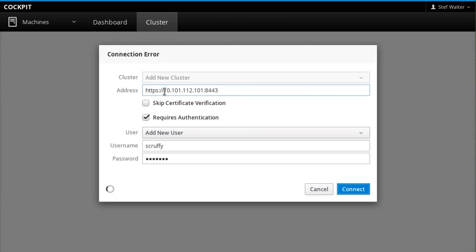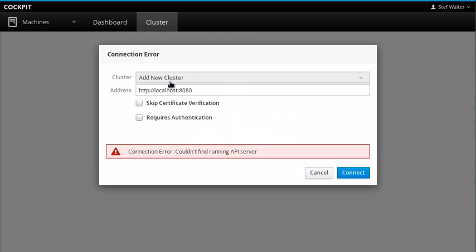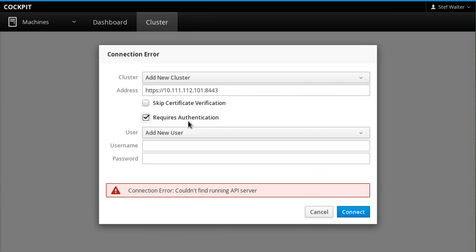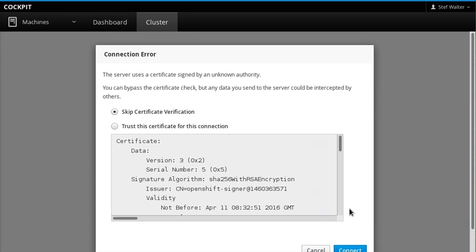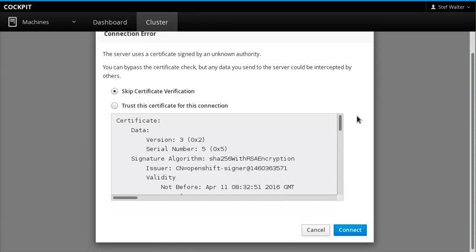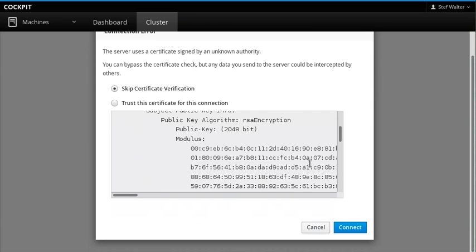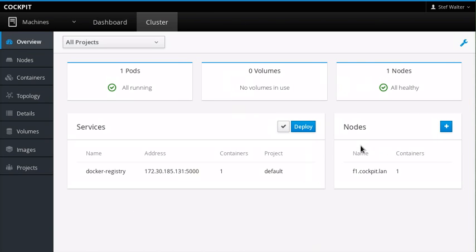I typed this IP address wrong. Let's cancel and try again. There you go, and hey, it has a certificate that we don't know about yet. We can look it over, we can connect. So now we can see what's in the cluster. We can see, oh, this is a very simple one, only has one pod, one node, but nevertheless, we've accessed